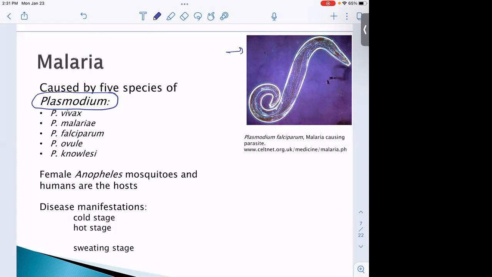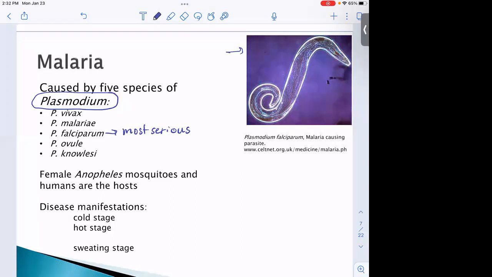It's microscopic. The most serious kind of malaria is caused by Plasmodium falciparum, and that's the kind that you would probably contract if you were in sub-Saharan Africa. And then the next most serious is Plasmodium vivax. That is more common in Latin and South America and parts of Asia. So there's a little difference in how long it takes for you to contract the disease and what the disease looks like, depending on which of the species you are infected with.